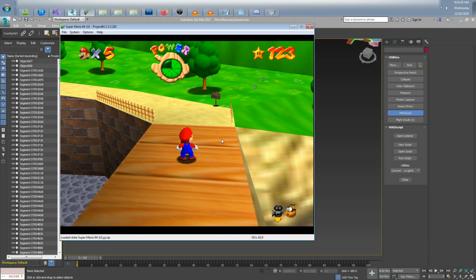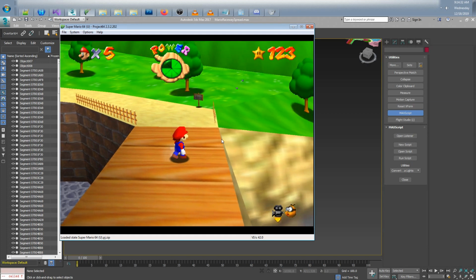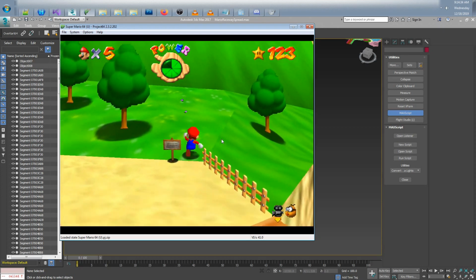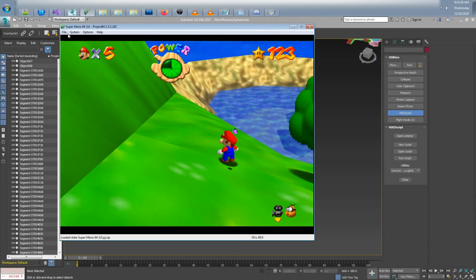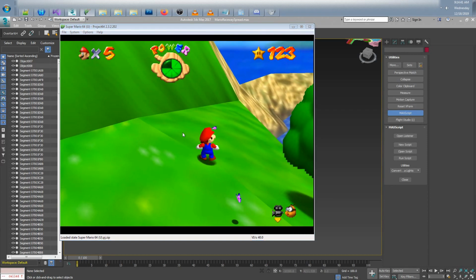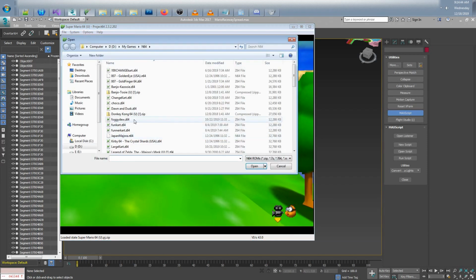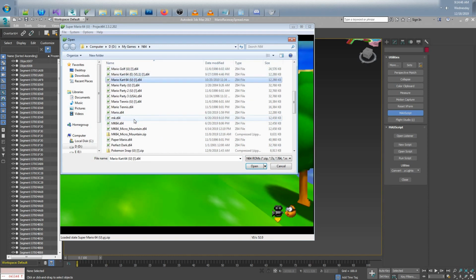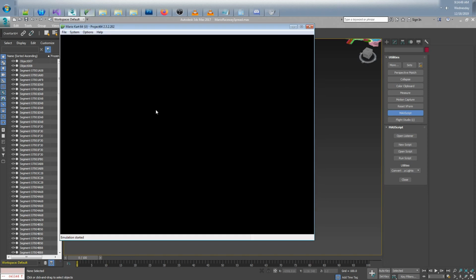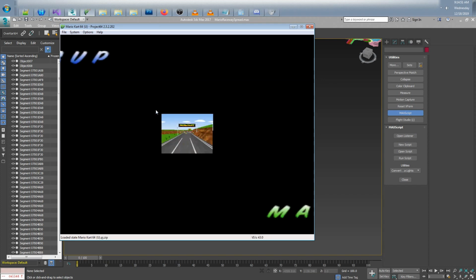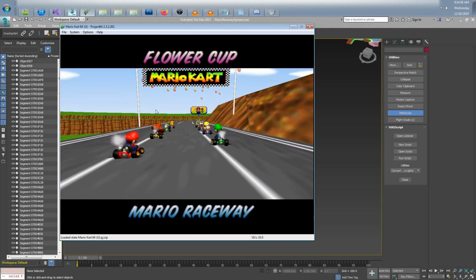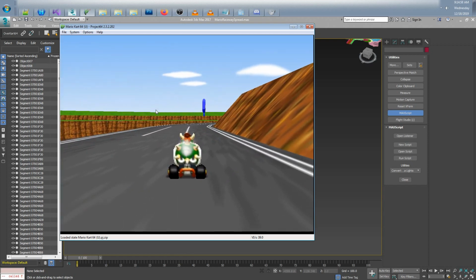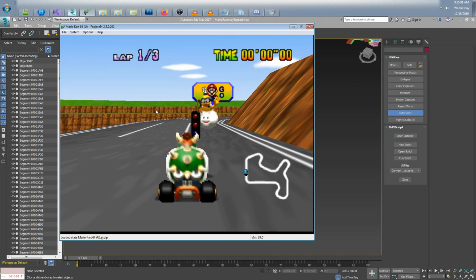So the way most games do that, again, is with a camera rotating, you have to keep track of the position of the camera and the orientation and all sorts of other things. For Mario Kart, you don't actually have that happen. With Mario Kart 64, the camera is always located directly behind the player at a fixed height. There's two zoom levels, but other than that, there's no way to rotate the camera or move it in any